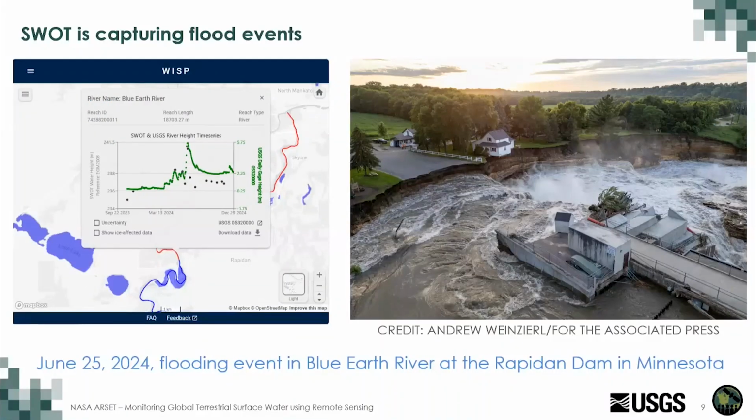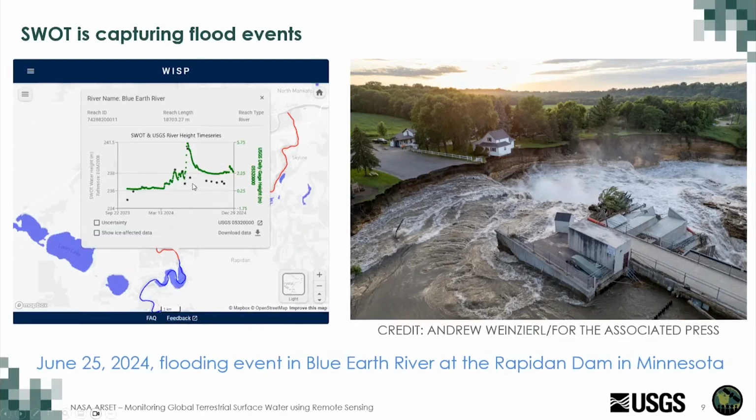Now I'd like to transition to talk about different use cases for SWOT data. One example is that SWOT is actively capturing flood events. For example, in June of 2024, there was a flooding event in the Blue Earth River in Minnesota. And we can see here on the left y-axis of this pop-up chart that we're seeing SWOT water heights